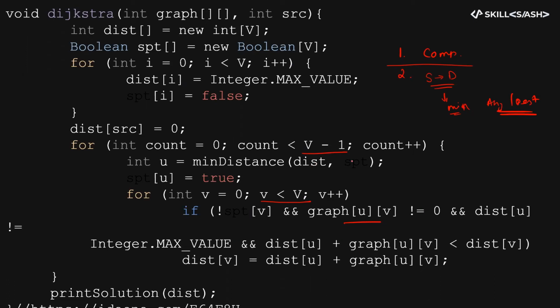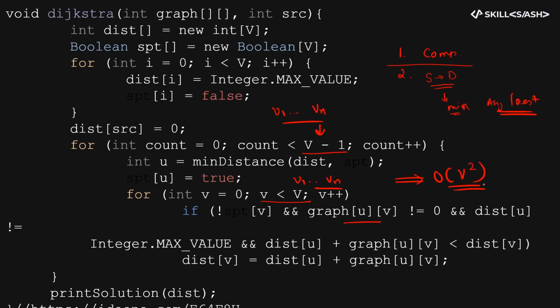But in a worst case, all the nodes we are traversing twice, in the sense like all the nodes from V1 to Vn we will traverse over here, and for all V1 to Vn again we will traverse from V1 to Vn. That is what complexity,